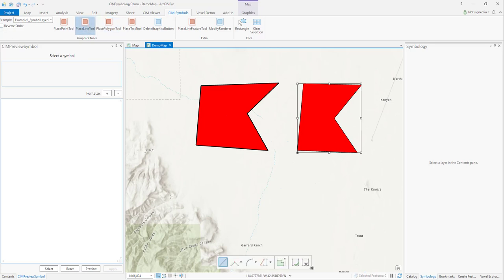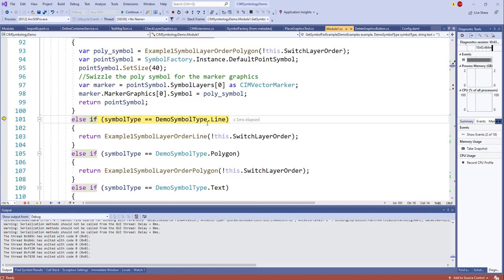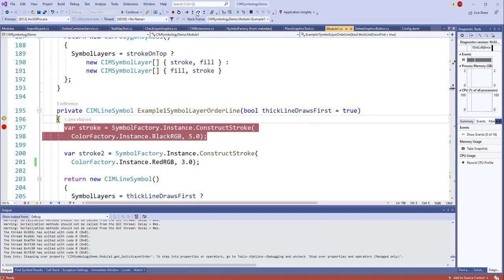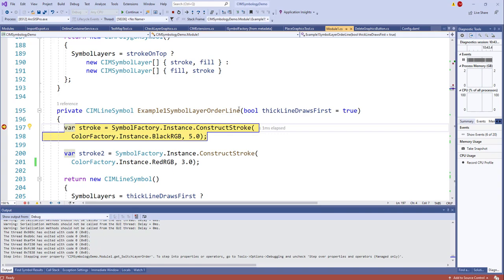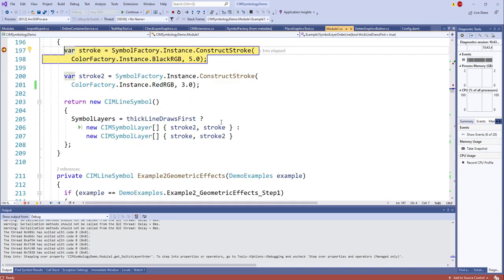So now we'll do a line geometry. Okay, so now let's go to the lines. So here we go, symbol type line. I'm going to do example 1 symbol layer order line. Okay, same as on the slide. I'm going to make a 5-point black stroke, a 3-point red stroke, and depending on my flag here, in this case, I am doing the